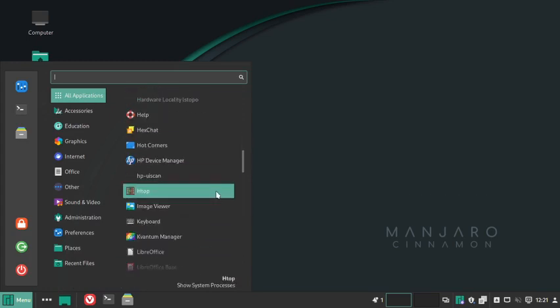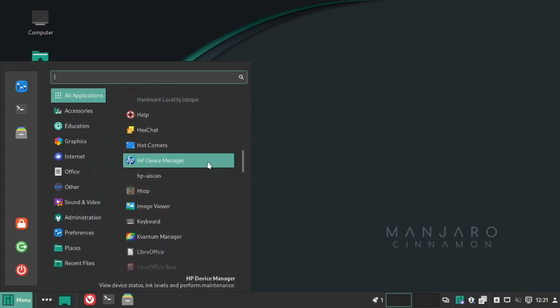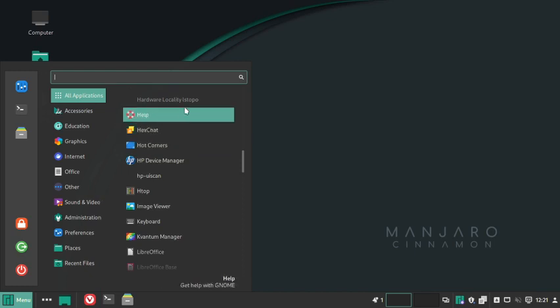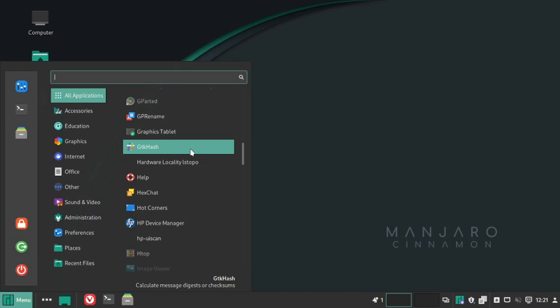Image viewer, htop is there. HP device manager is installed by default, so you need not install it from the web or from the software store. It is already installed. The hot corner feature of GNOME is available. HexChat is there. Help is available. GTK Hash is available. Hardware locality,